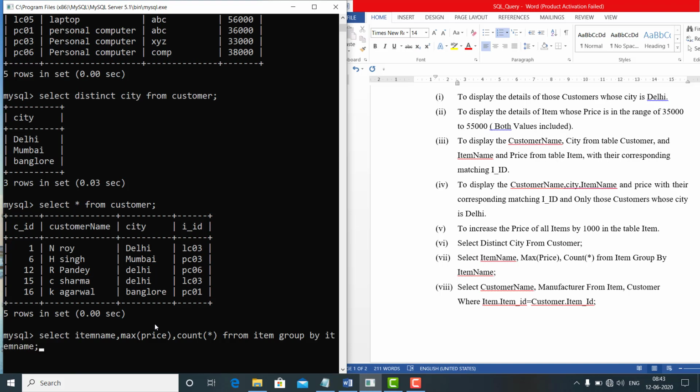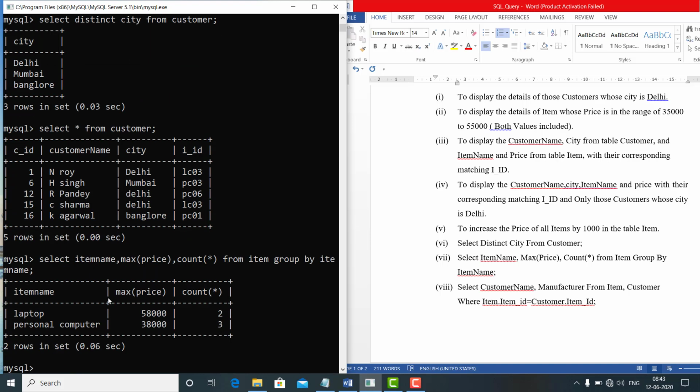According to the item name, it will return the maximum price and total number of items from the item table. Look, there is an error in from, okay, and then enter.